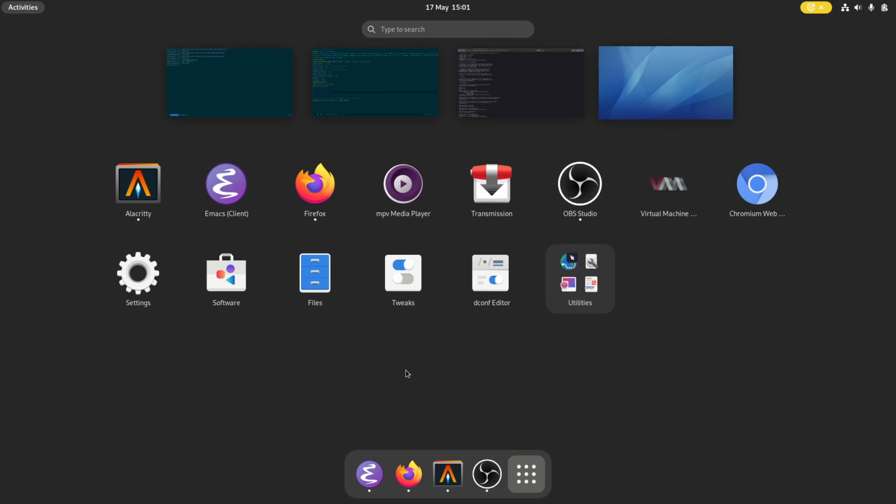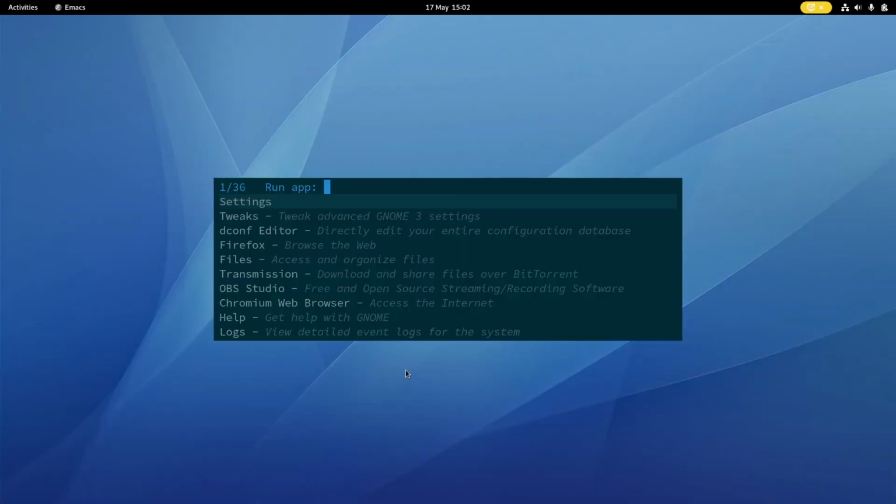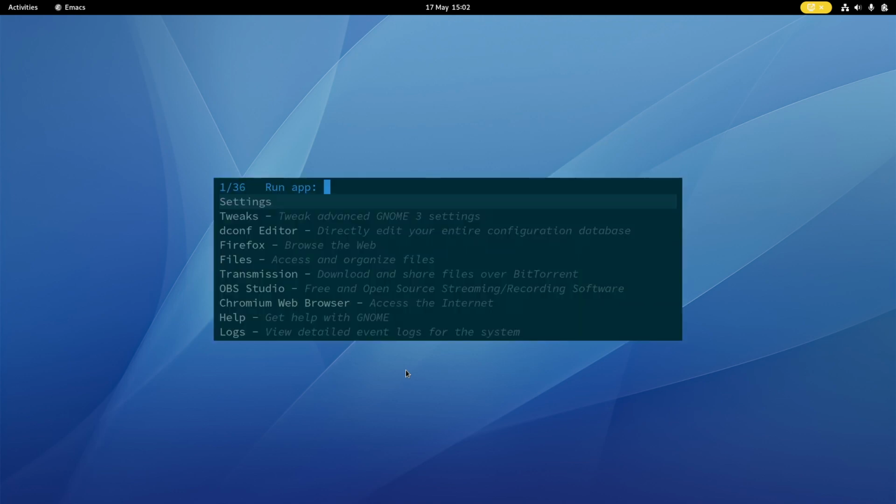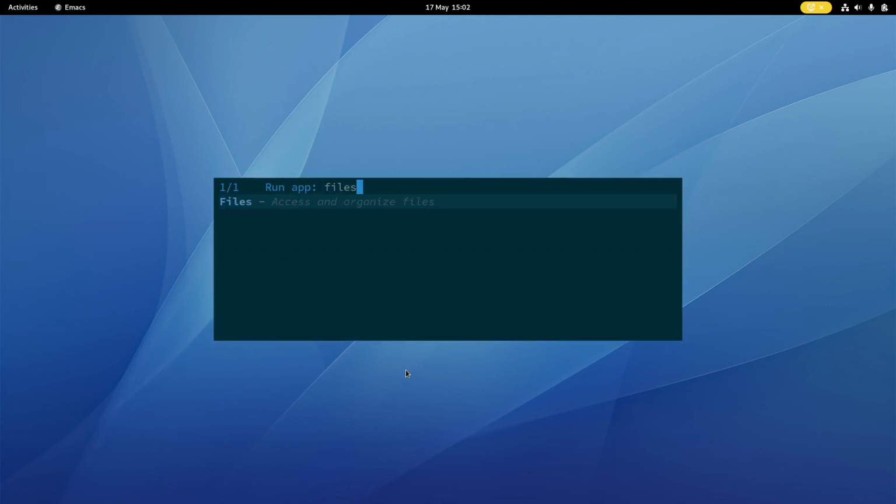So that's what we're trying to get away from, this big horrendous thing here, and replace it with something nice and simple like this, which does have a few glitches, as you saw as I was doing the video, but nothing too major. Files,